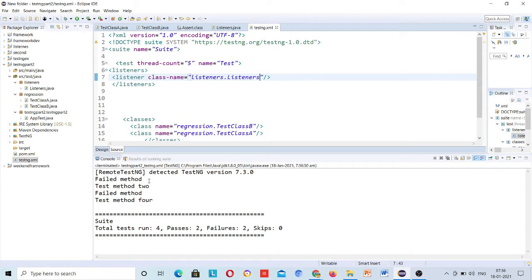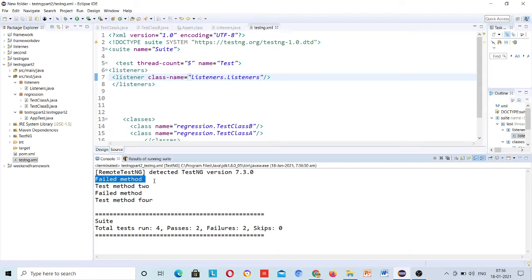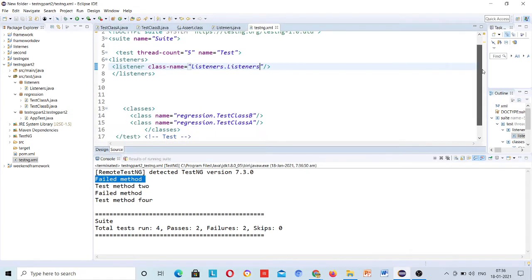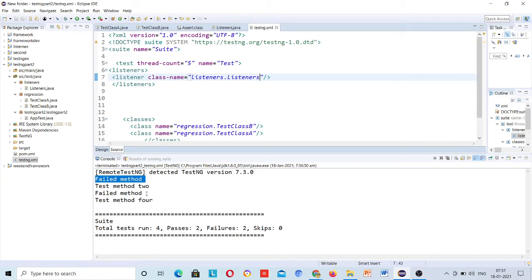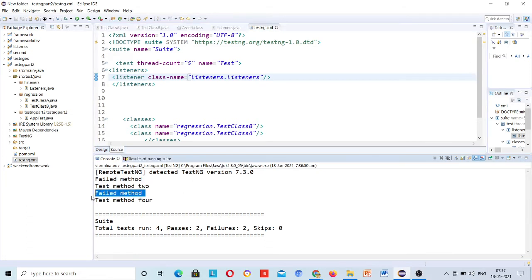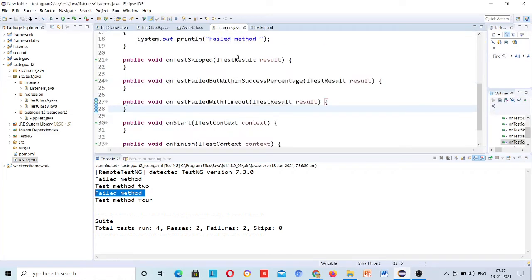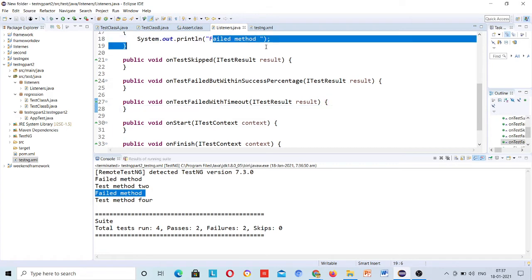Okay, so you can see failed method and then failed method, and where this message is actually written inside listeners, right? But see, there is a problem.